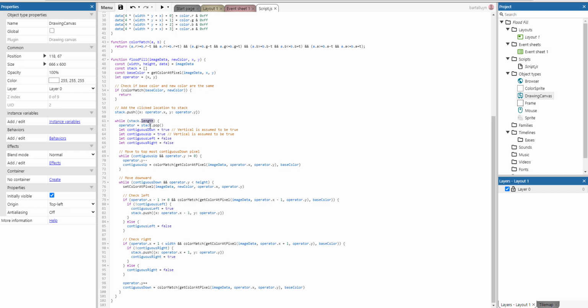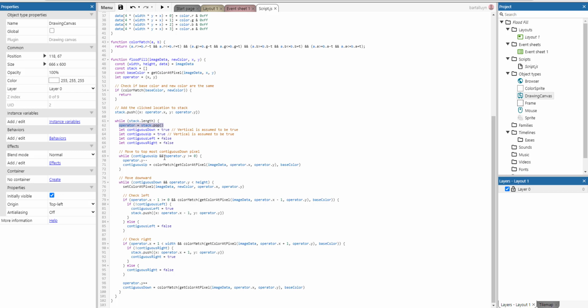While the length is greater than 0, we will execute this loop. The first thing we do is pop the first item from the stack. The first time, this makes the stack empty, and if there's no further filling of the stack in the rest of the function, the while loop will stop after that. But you can be guaranteed that it will be adding new coordinates